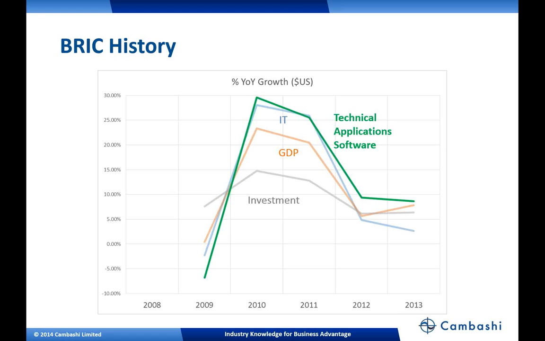So let's look at the growth in technical application software for the same period. And this is taken from the Cambashi Country Observatory. And at first glance, it looks like the underlying economic data is a reasonable guide for us. The overall shape of the chart is similar. But more importantly, it does look like technical applications overall has been growing faster than all these other indicators. Now, that's good news for our scenario company business. The question is, is it going to continue in 2014 and beyond? Is the outlook for the BRIC not really so good, and should we be redirecting efforts somewhere else? So let's